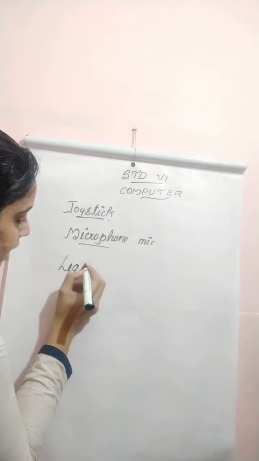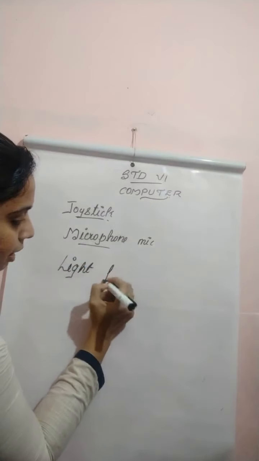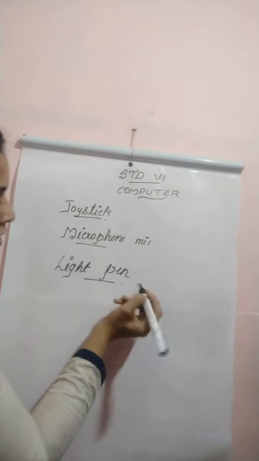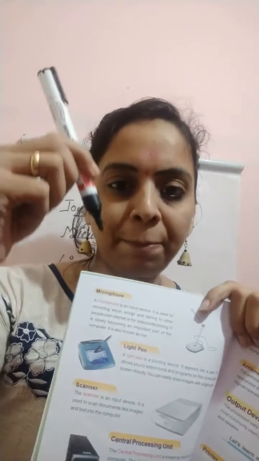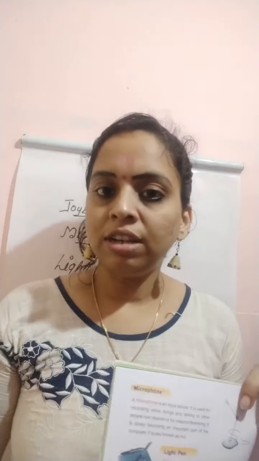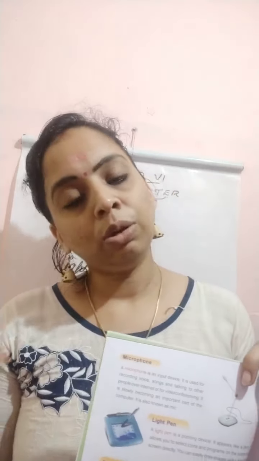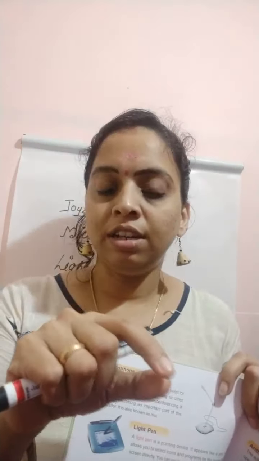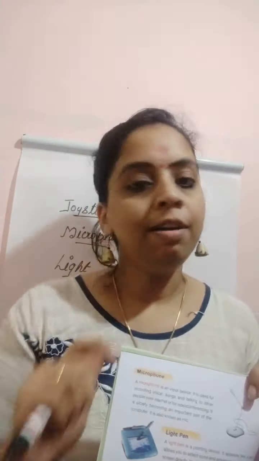Which is the next input device? Light pen. What is light pen? As the name suggests, the light pen looks like a pen. Okay, so by using this pen, instead of selecting anything, you know that most of the electronic systems, that is mobile phones or laptops or tabs that we use today, are touch systems. We can touch any object on the screen using our fingers. That is known as the touch system.